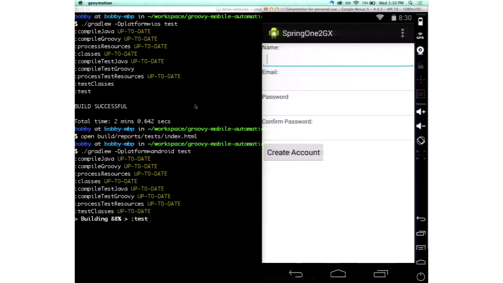And I did something with this one just to illustrate another point here that I'll talk about. I'm not a designer, as you can tell by my demo app. But what's the difference between this one and the iOS one? Well, in this one, I have actual labels that say name, email, password, confirm password. In the iOS one, I had those just be hints on the text fields. So there were no labels. It would say Bobby, and then when you tapped that field, it would erase so you could type your name. So this is my simple and dumb example of a design change